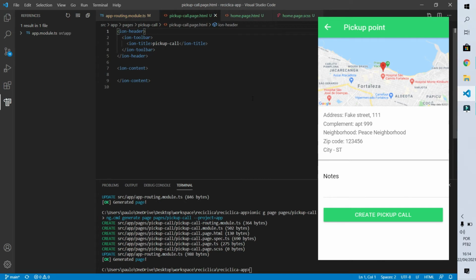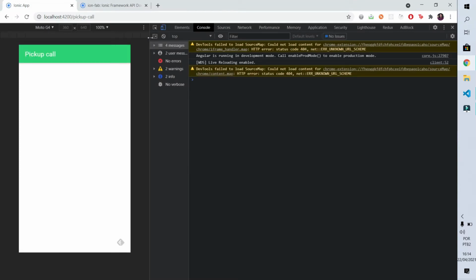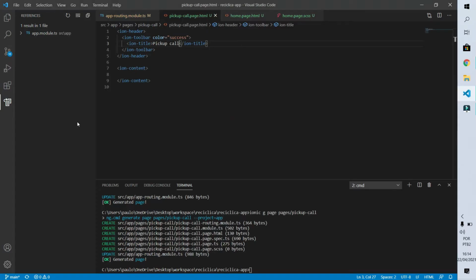This page is going to be a very simple page visually, so let's start saying that I want the toolbar to have a green color and that the text of that toolbar will be pickup call. This screen will be called from the home screen. Then it's important that it has a back button. When we went to take a look at the menu component in the Ionic components, we saw the Ion back button component. So let's use this component here. To do this, I will inform I have some buttons at the top of my screen and that they will stay in the initial part of it. We are going to have an Ion back button and I want it to have an empty text.